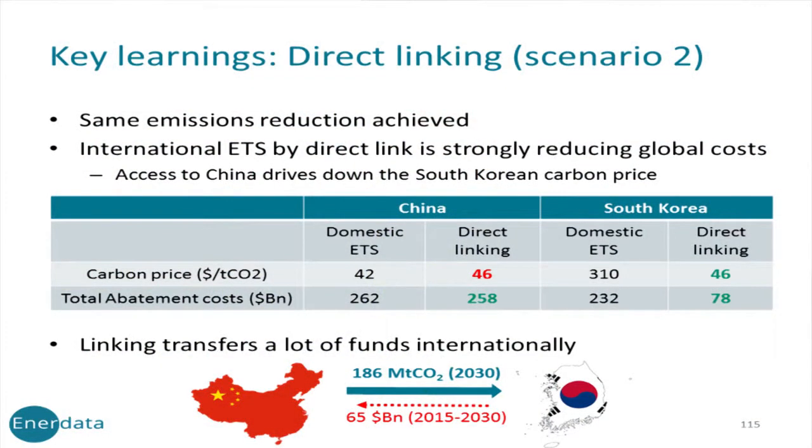So with the direct linking scenario, the same emission reduction is achieved compared to the domestic ETS. And global costs, so abatement cost in China plus abatement cost in South Korea, are strongly reduced. But the issue, as you can see, is that it implies a large financial transfer. And at the same time, emissions reduced domestically in South Korea are very low, which is not a very good